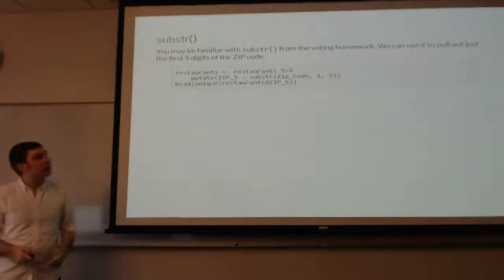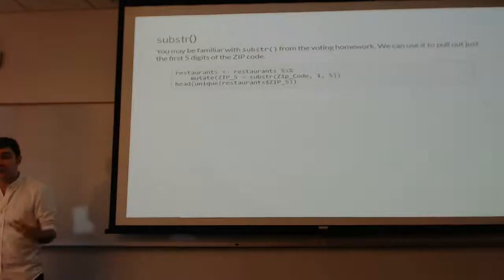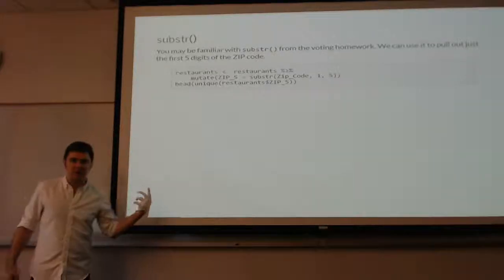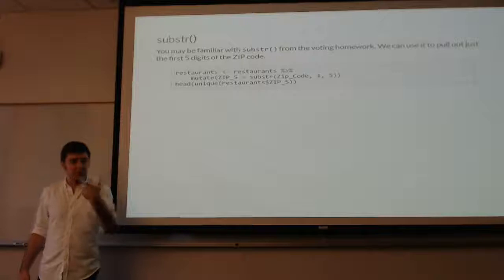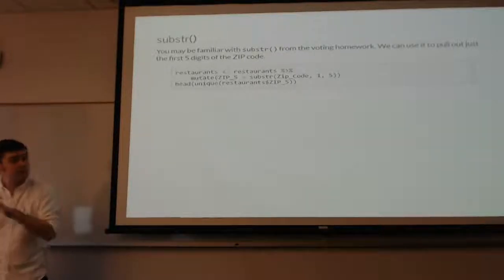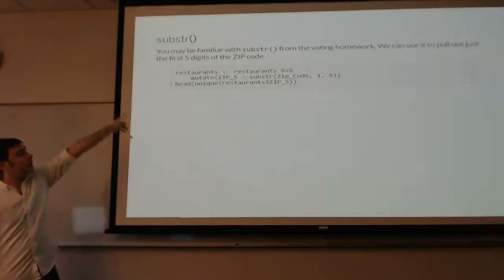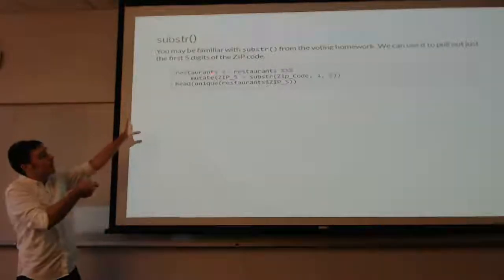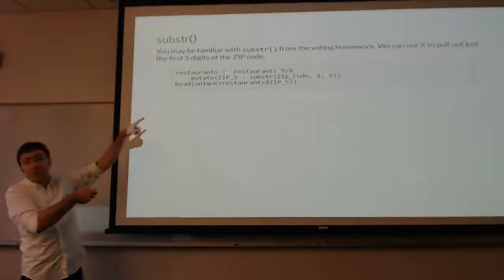So say we only wanted to get the first 5 digits of those zip codes. Say we had a lot of 10-digit zip codes we weren't interested in. We were only interested in those first 5 digits. We could use substring to extract those first 5 digits like this. So I'm taking the restaurant's data, piping it to a mutate, and saying this new variable zip5, which is going to be